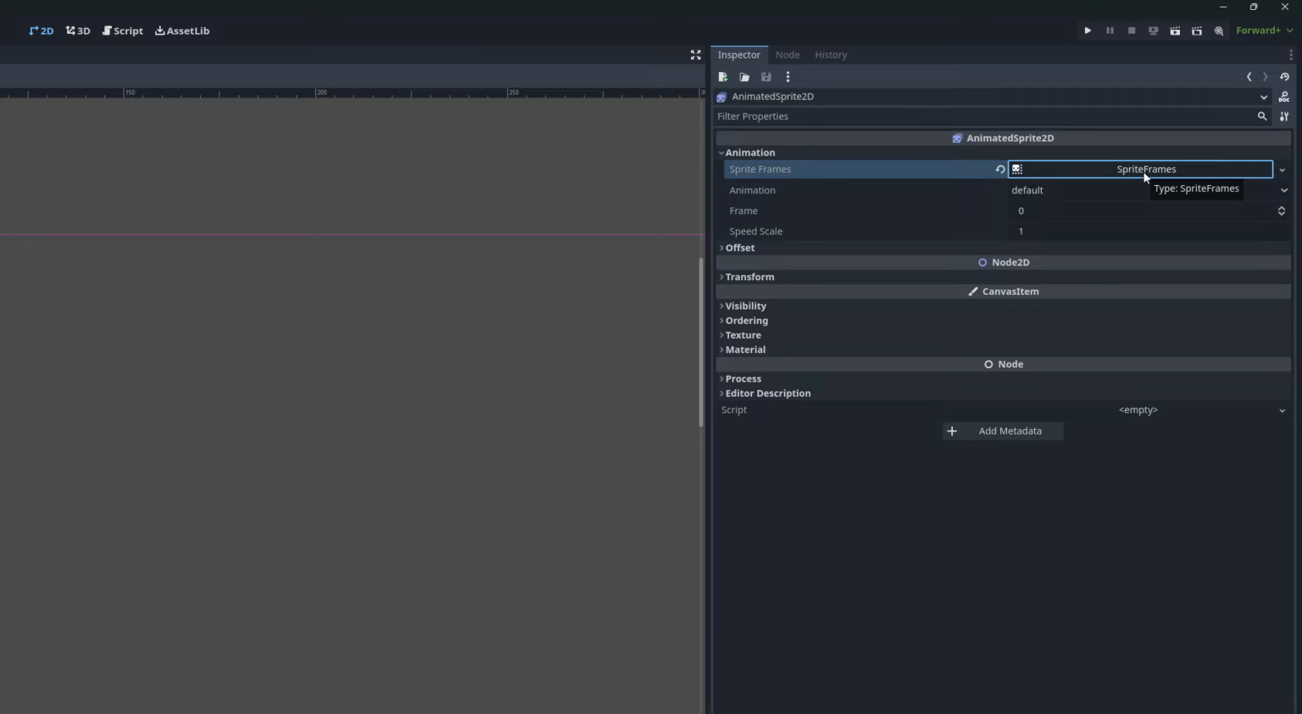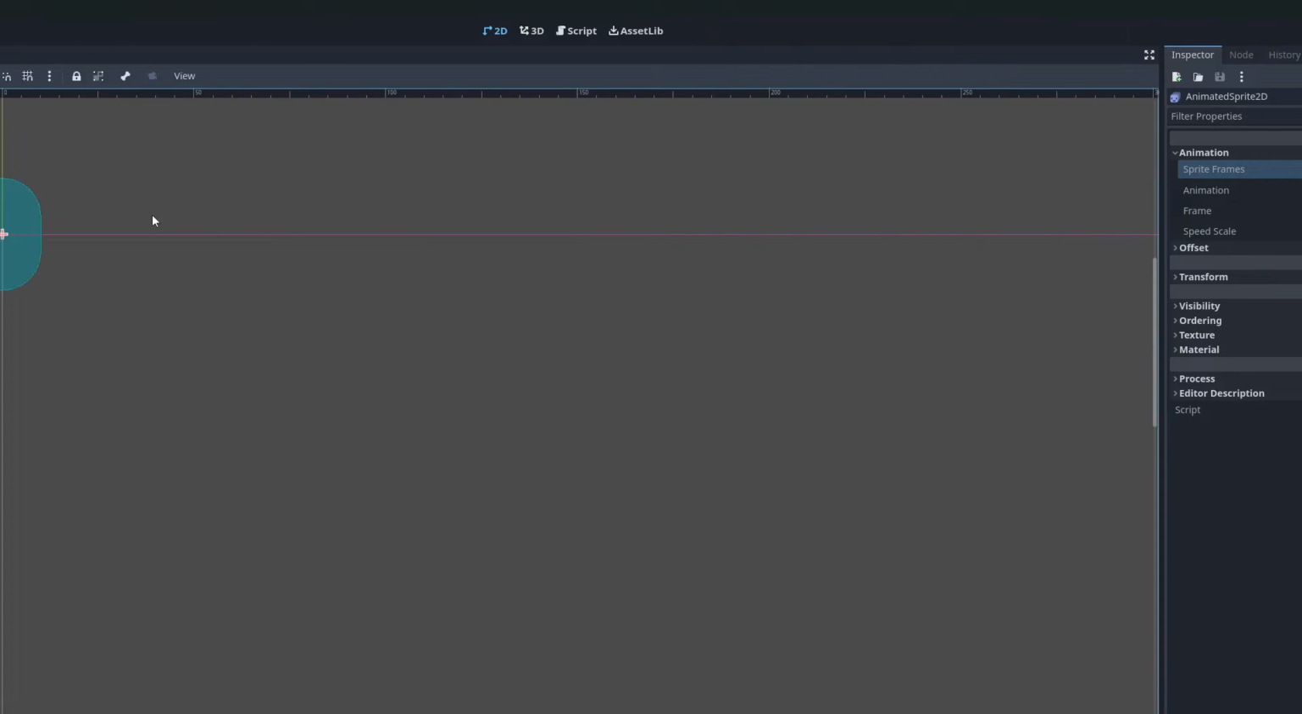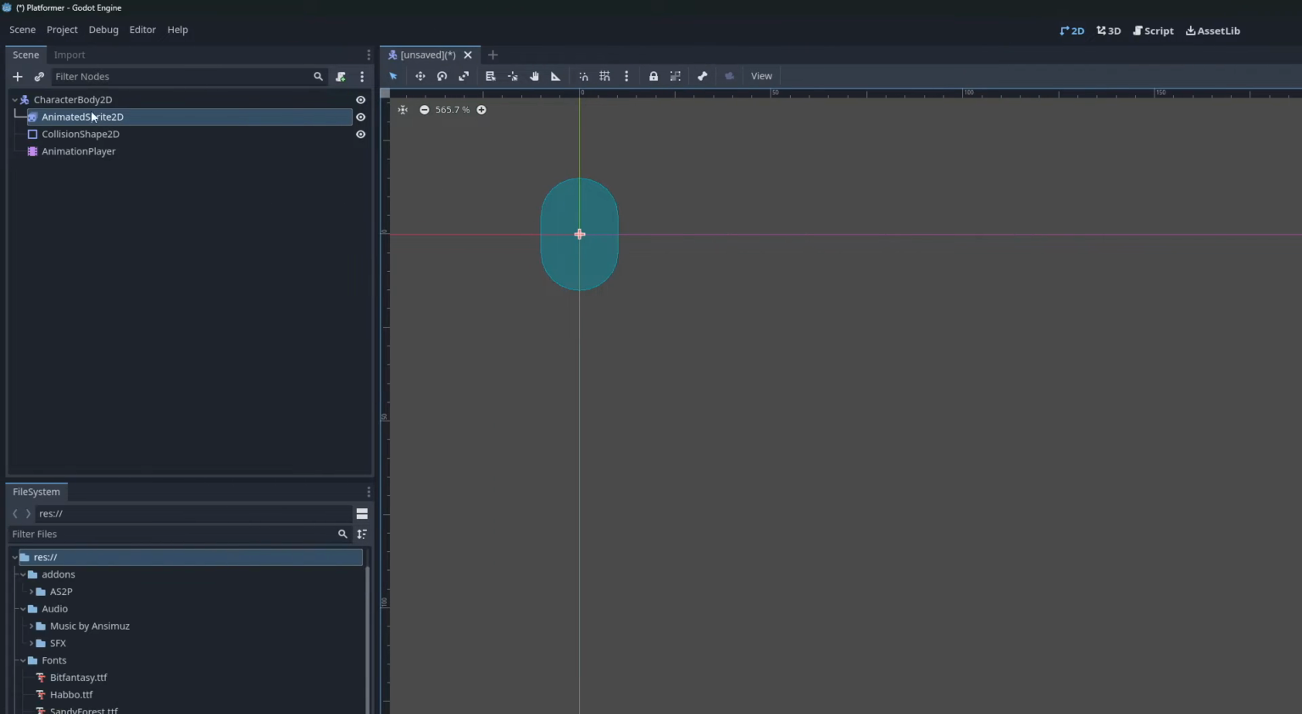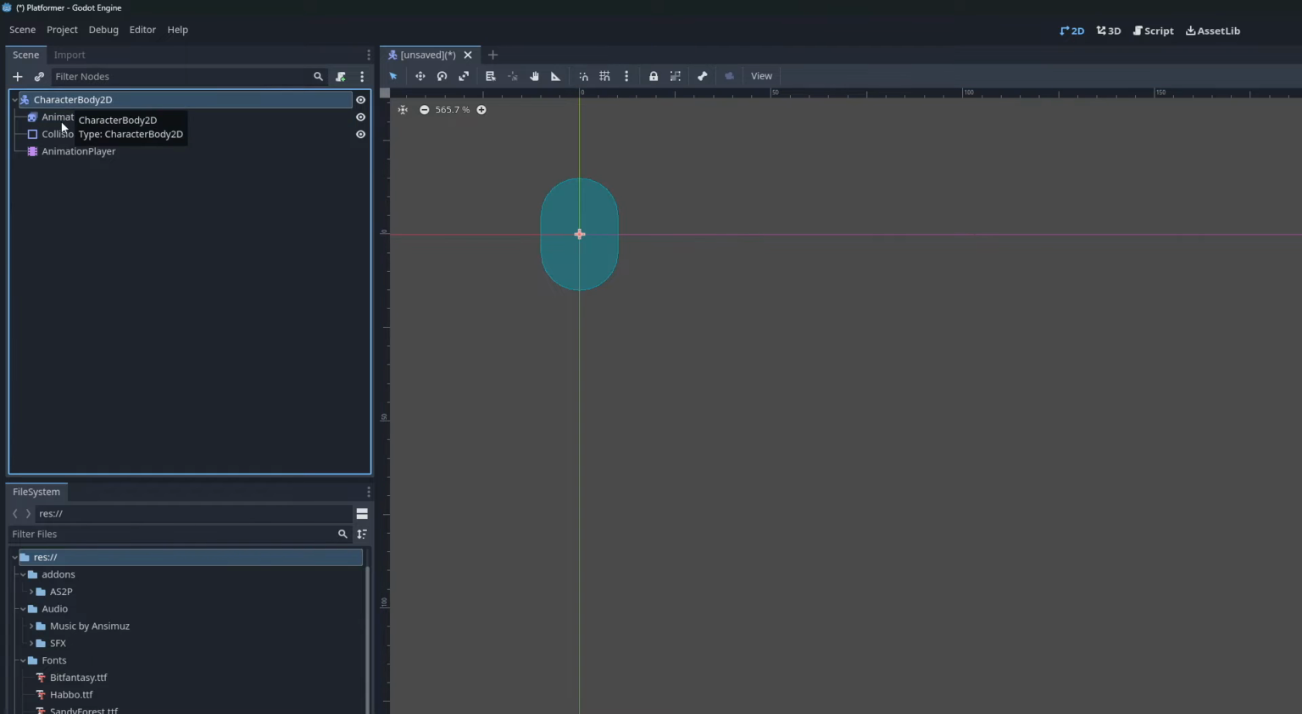For now, we're actually going to just leave this. We're not going to put any animation in it at the moment. We'll do that in the next video. But for now, we're just going to get this moving around. So we've got our character body here. It has an animated sprite and a collision shape, which will deal with the physics, and an animation player, which